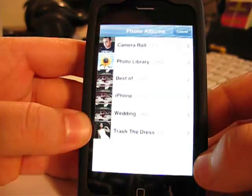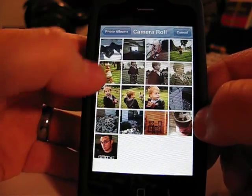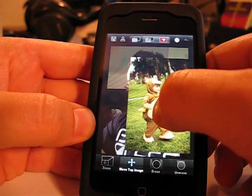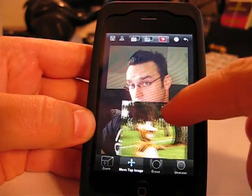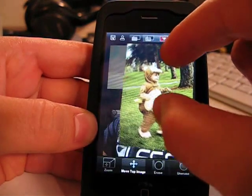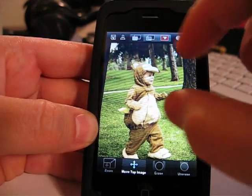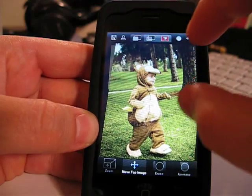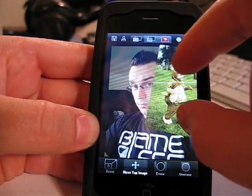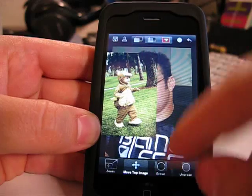So I choose my second image. I'm going to go ahead and load an image from my library. Just for the sake of time, I'm going to grab a picture of my godson here, and so we've got a picture over the top of a picture. As you can see, I'm dragging this picture around here. I can zoom and scroll this picture's size so that I can make his head about the same size as mine. Really, what I want to do is make it look like he's running behind me. So let's move him over to the side here,